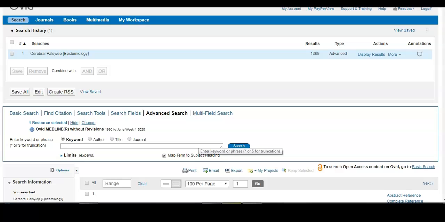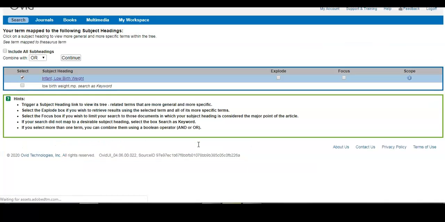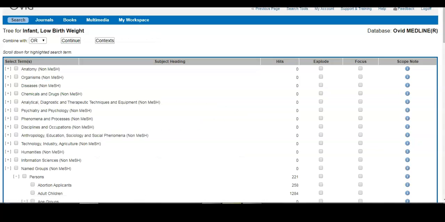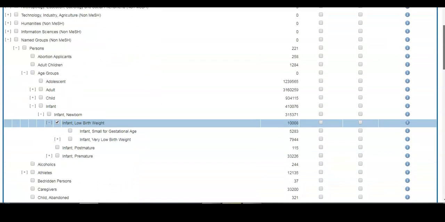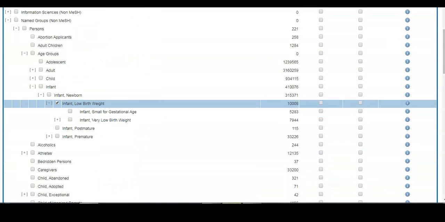However, we're not done yet because the second part of our question referenced low birth weight in infants, so we're going to add that as a term. And again, we can see that there is a matching entry here, so we're going to select that and take another look. And again here we can see that there are some other terms adjacent to the particular phrase that we've searched.